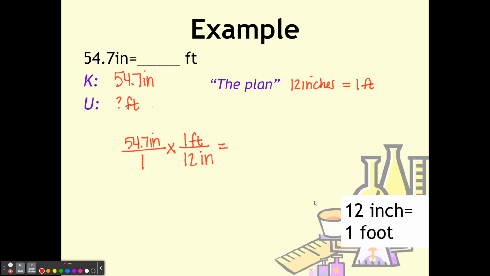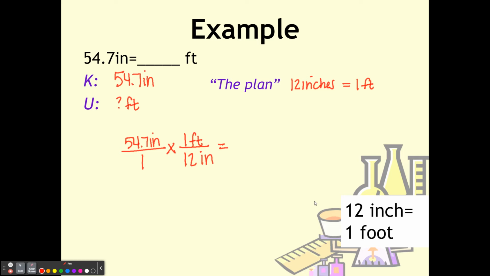I'm starting with my known, I'm ending with my unknown. So when it's on the bottom like that, you're actually going to divide. So we're going to go ahead and take our calculator and put in 54.7 and divide it by 12. We are going to get